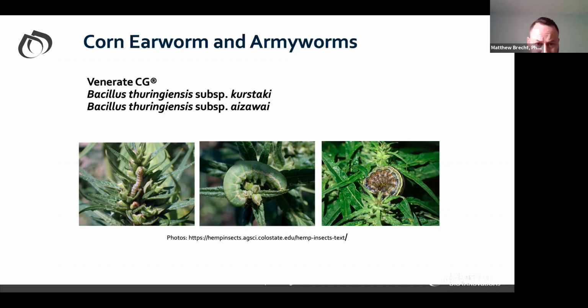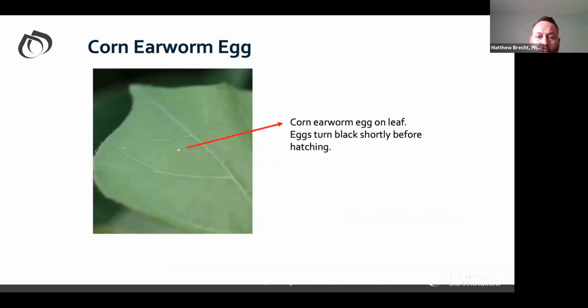Next, please. Okay, that's a corn earworm egg. I don't expect any of you to pick that out, but that's something you're going to be scouting for. So good luck if you want to try to find that amongst all your plants. But listen, that is what it looks like. If you're a good entomologist with a good eye, look for this little egg. It will turn black shortly before it hatches, and so that is a real key. For the pest control advisors out there that are looking for timing, that's their timing. Next.